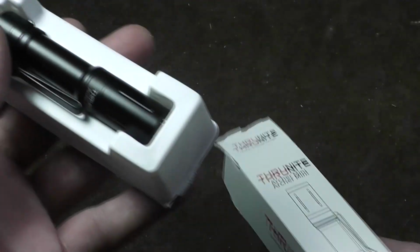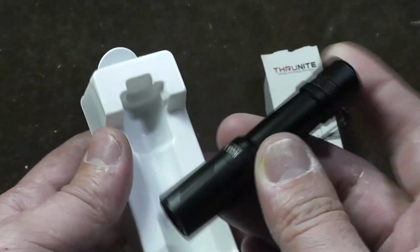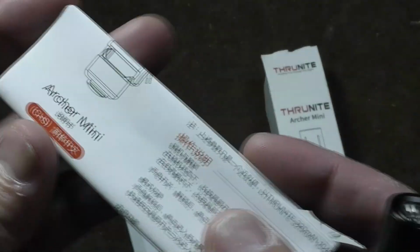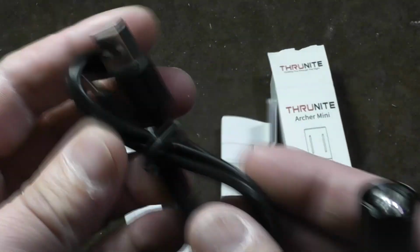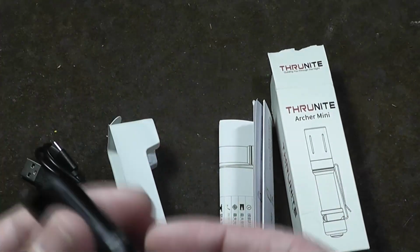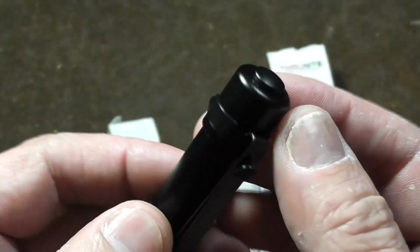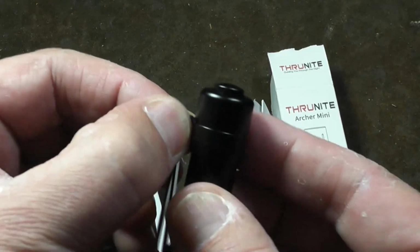So this is a very compact lithium-ion USB-C rechargeable little pocket flashlight. Comes in a little basic case that has some desiccant gel to absorb any moisture. You do have a basic little manual here and a short little USB-C cable. And just a super compact flashlight. It does have a metal button. It doesn't have a provision for a lanyard, but I assume you just put something maybe just right here on